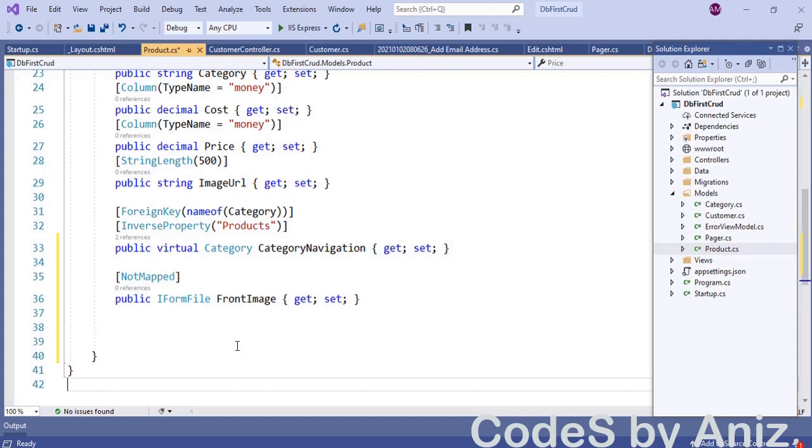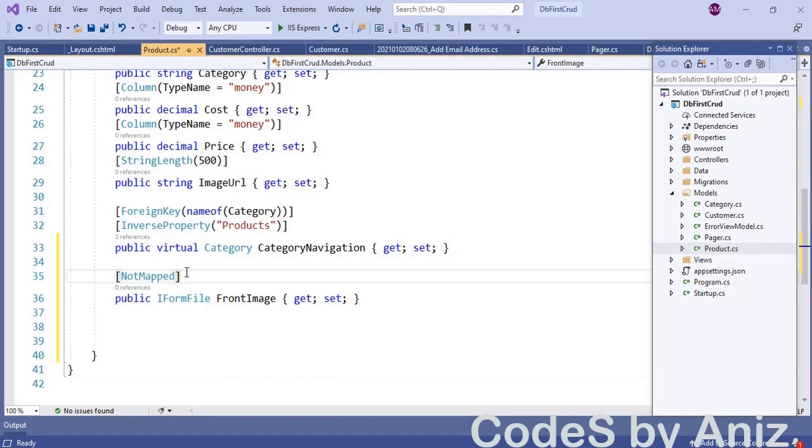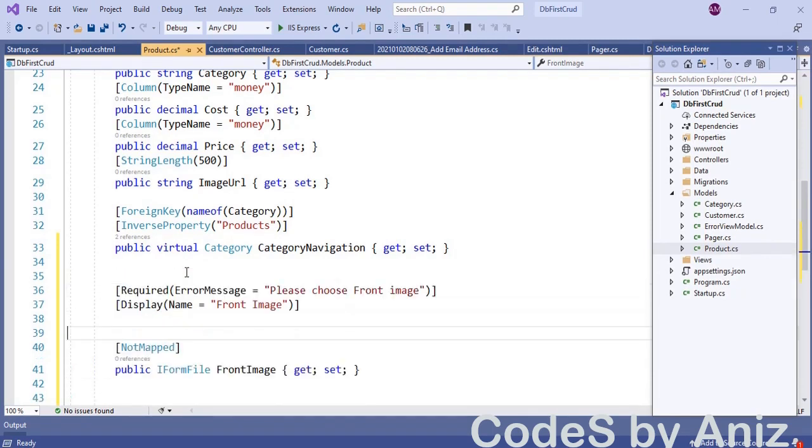Instead, I want all the uploaded images to be stored in the images directory of this application inside the wwwroot folder, and only the file name will be stored in the products table ImageURL column. The ImageURL column is of type string. And then add the Required and Display annotations to the FrontImage property as shown.